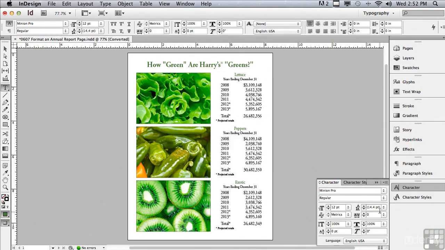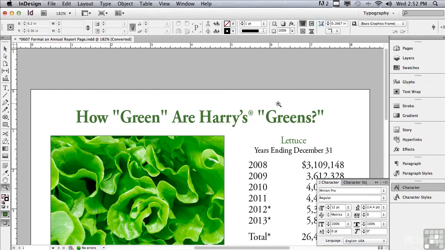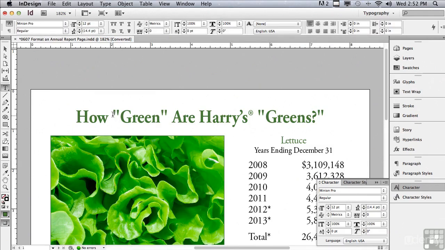Let me zoom in a little bit on this page. I'm going to go to my zoom tool or hit my Z key to get there very quickly and just zoom in to the width of the page. And right away I see a problem. Instead of using typographer's quotes, this was typed using inch signs, not correct typography. So let me just get an insert point here,